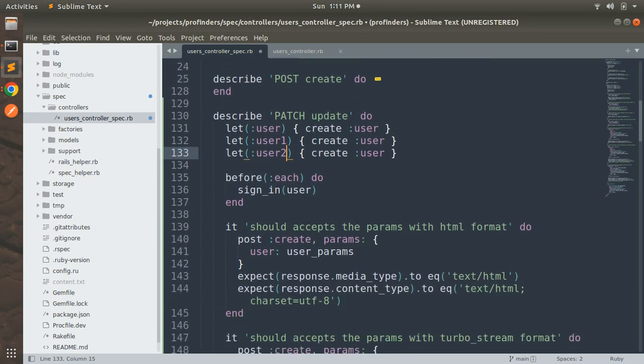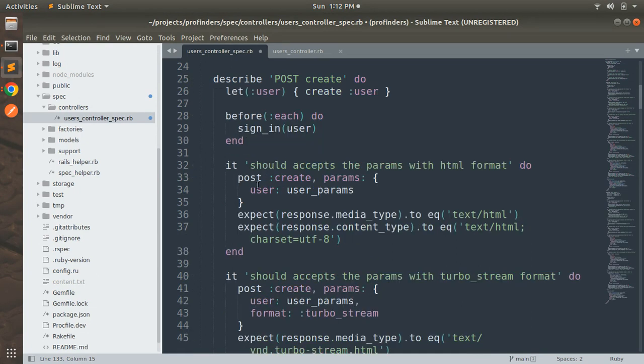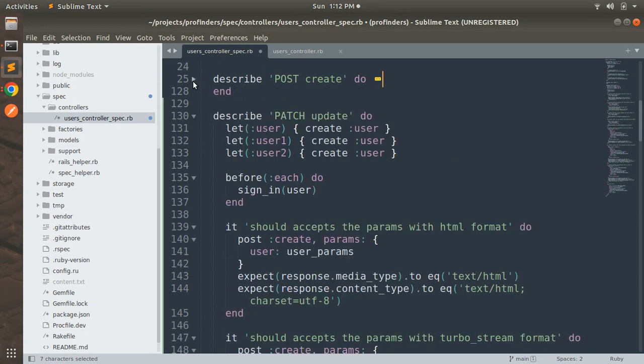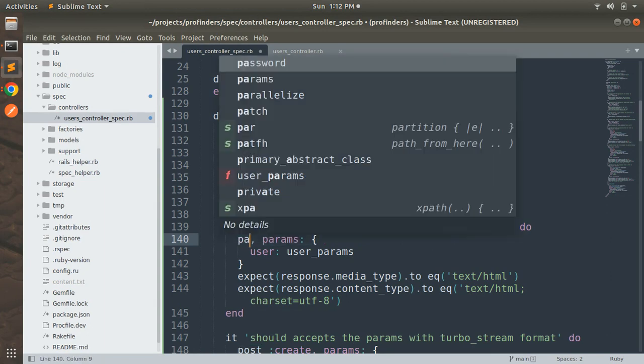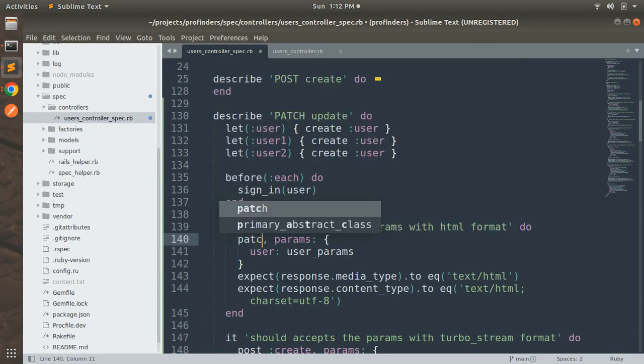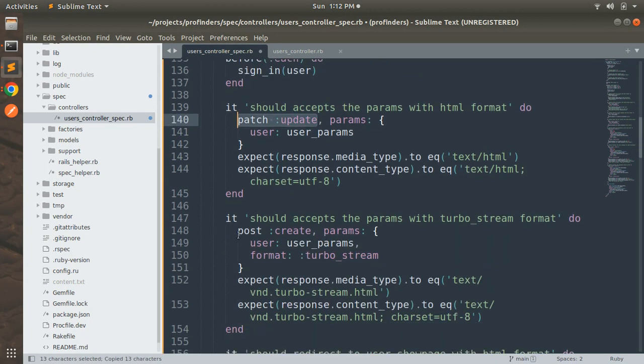Okay, and for update, in the post you can see that we used post and create. Post is the HTTP verb for the action, and create is the action name that we want to test in our it blocks. So we need to do the similar thing for patch update as well. So replace all these post create by patch update in the describe block for patch action. So patch and then update, copy this and then paste it here,